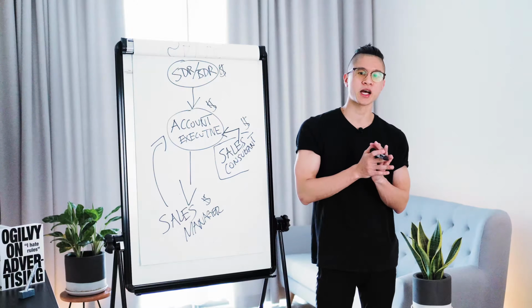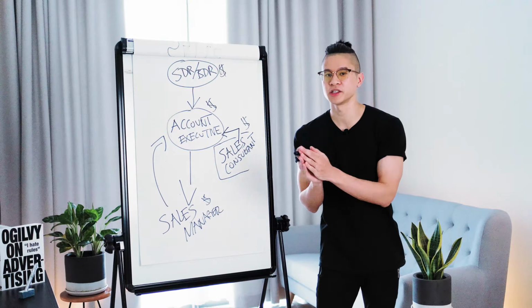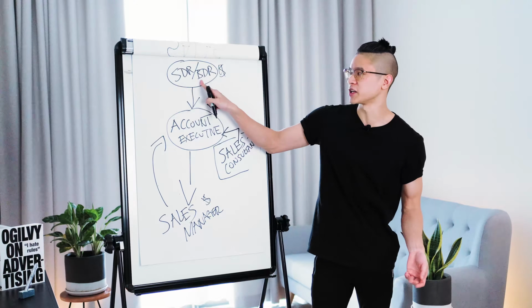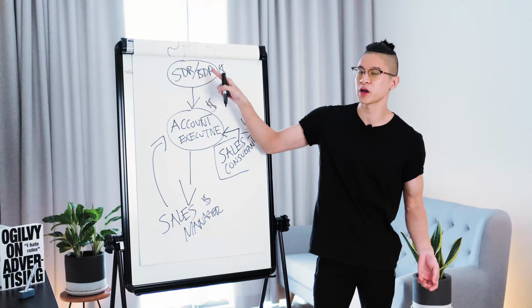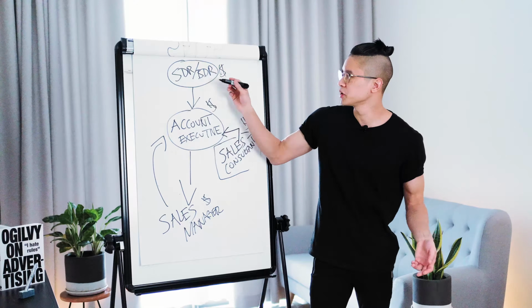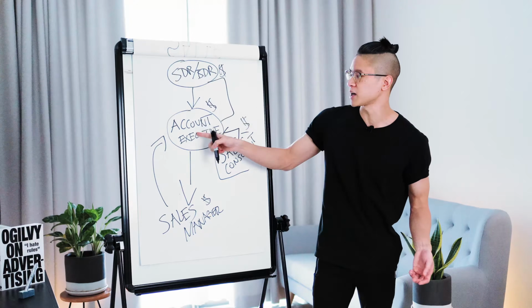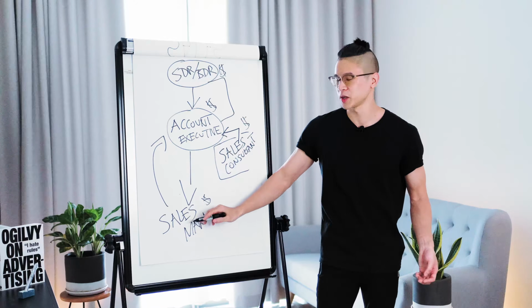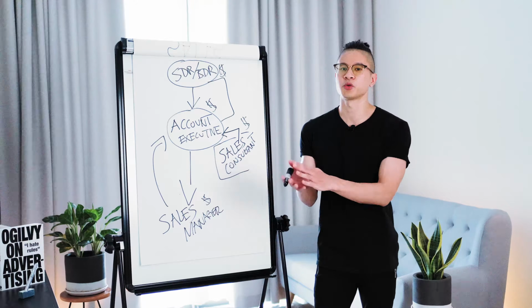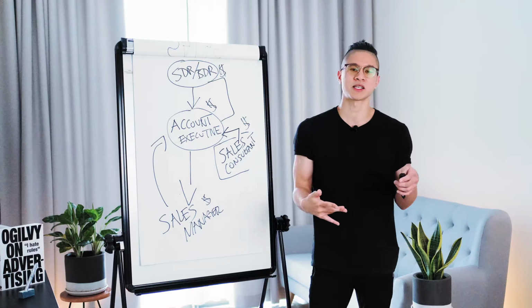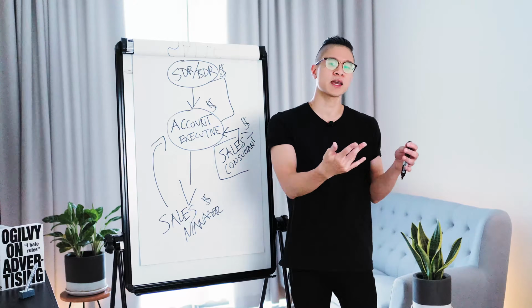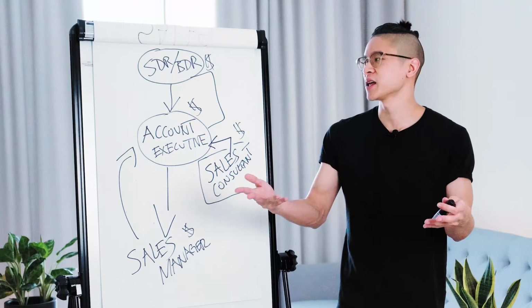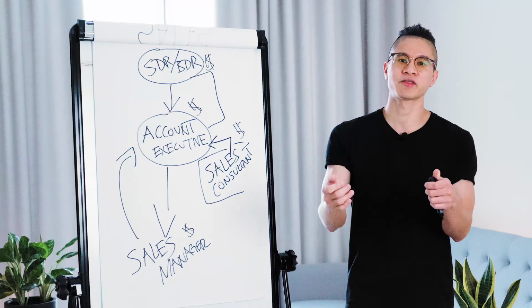All right, so when it comes to which role should you actually do? Obviously, if you're starting out in sales, typically you're probably gonna start over here if you're working at a large company, right? Sales development rep, business development. If you're working at a smaller company, sometimes you can do both of these at the same time. And then from here, you can kind of decide if you wanna be a sales consultant or if you wanna go become an account manager. It really depends on your personality. But again, based on what I'm sharing with you in this video, you can get an understanding of which one fits your personality the best. So with that said, that's pretty much all the sales roles that we have to cover when it comes to working at large organizations.